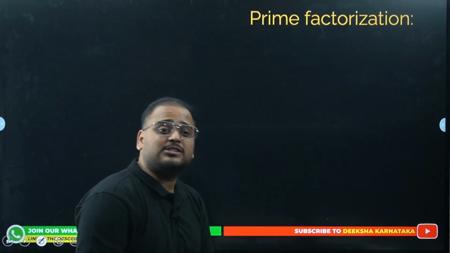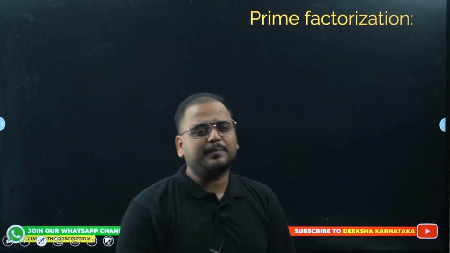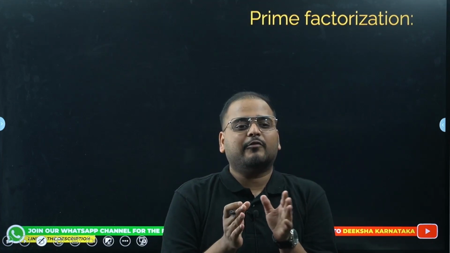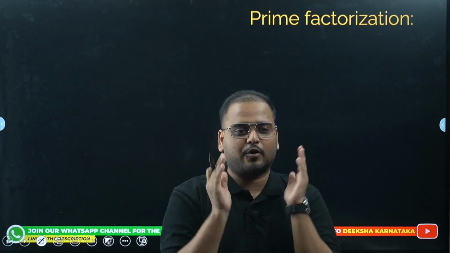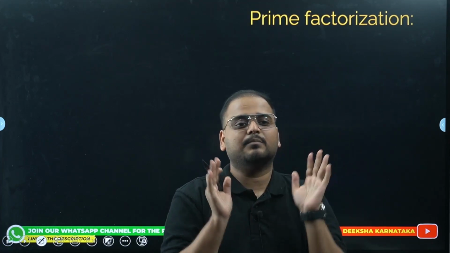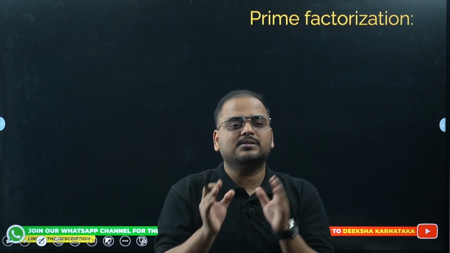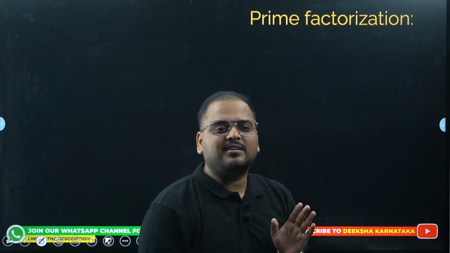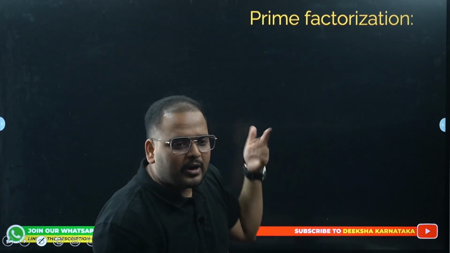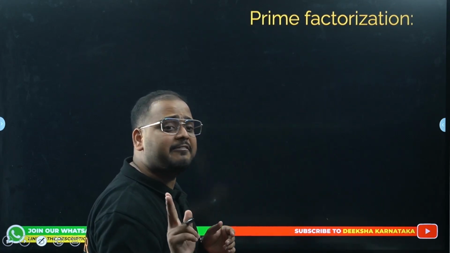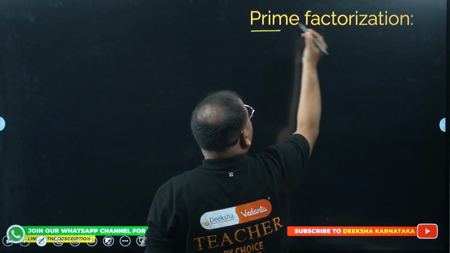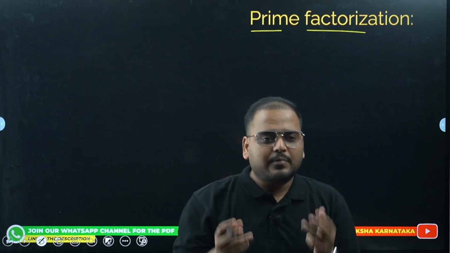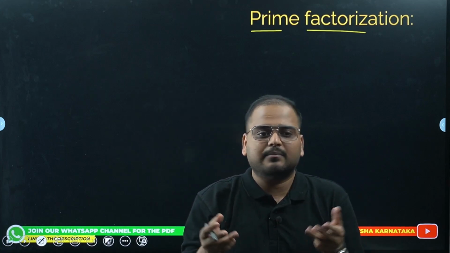Okay, now the next concept. Everybody has heard of it, and most of the people know it as well, but we'll revise this anyway. Someone might find it difficult, so let's focus here and understand it in the simplest way. I'll take simple examples and understand the concept of prime factorization. Let's understand the concept from the name itself. It has two words in it, prime and factorization. Everyone knows what prime is. Prime represents prime numbers. Any number which is prime is a prime number.